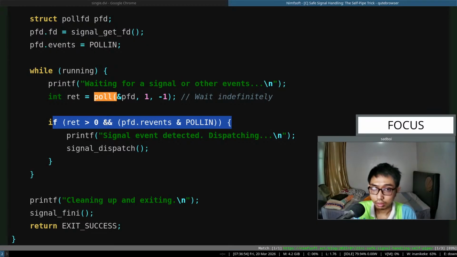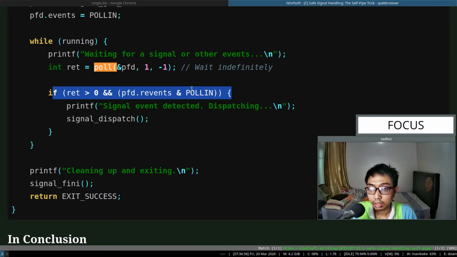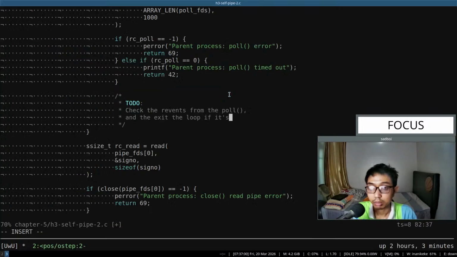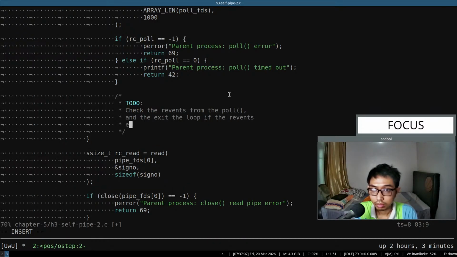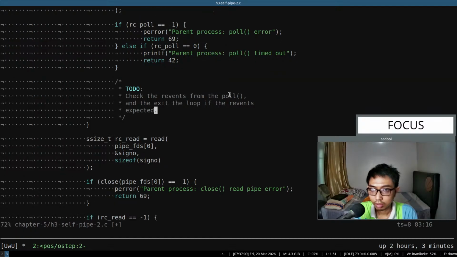If the expected event, the events. Okay,